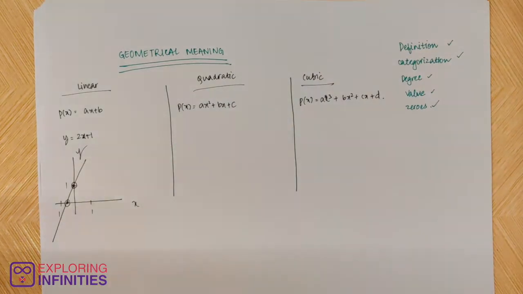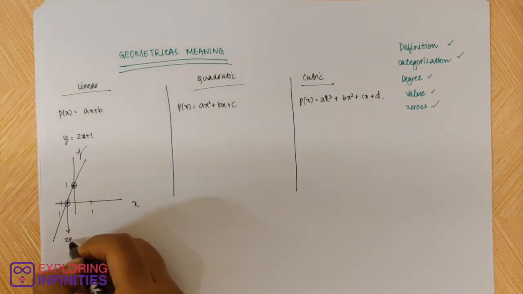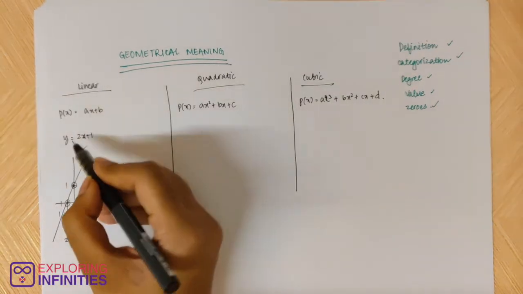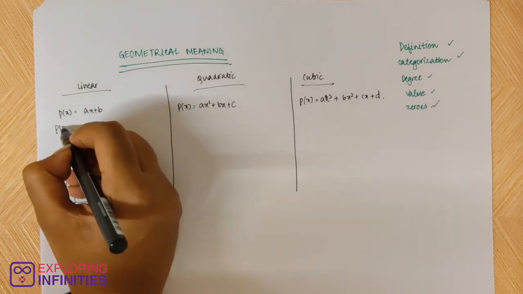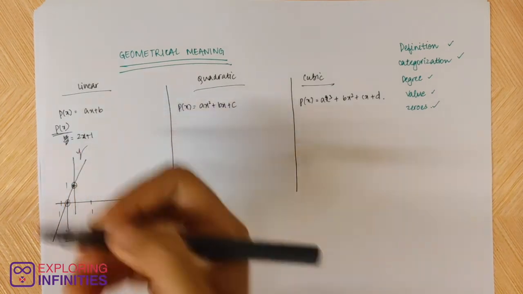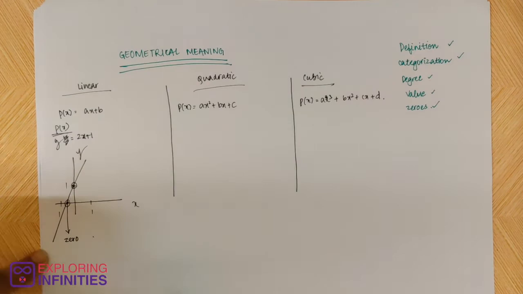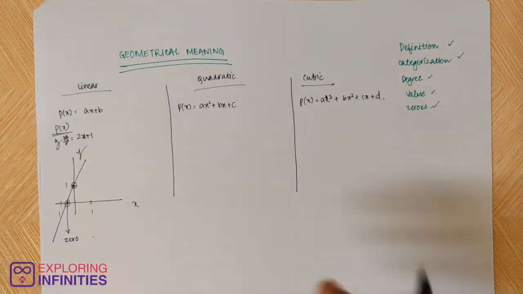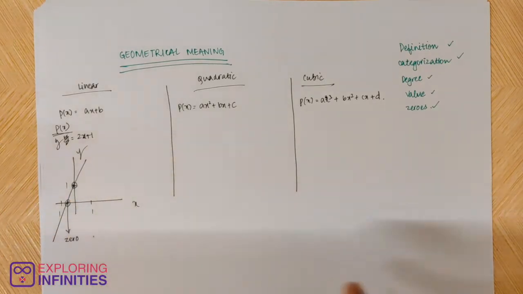So we draw the line. Okay, so we know that this is the 0. When x is minus 1 by 2, the y value is 0. So y is essentially our p of x, right? In an equation, you write it as p of x, but in a graphical form, you write it as y. So this is the 0. Simply put, wherever it intersects the x-axis, that is the 0, and however many times it intersects the x-axis, that is the number of zeros.